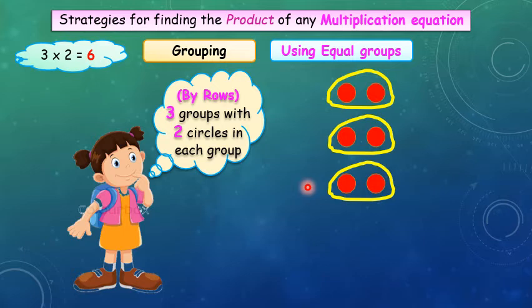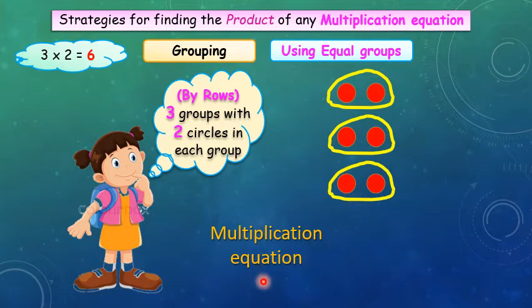To count these circles, we count by 2. 2, 4, 6. It will be our multiplication equation like this. 3 by 2 equals 6. Good job. Let's go now to the third strategy, which is called